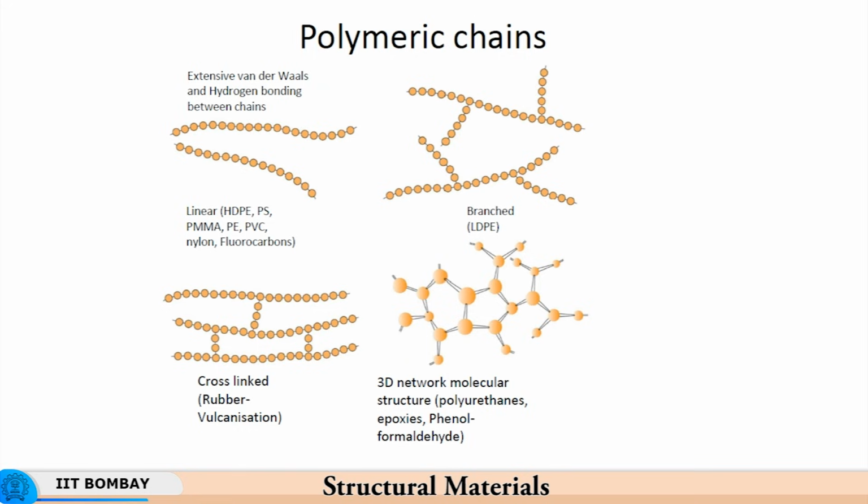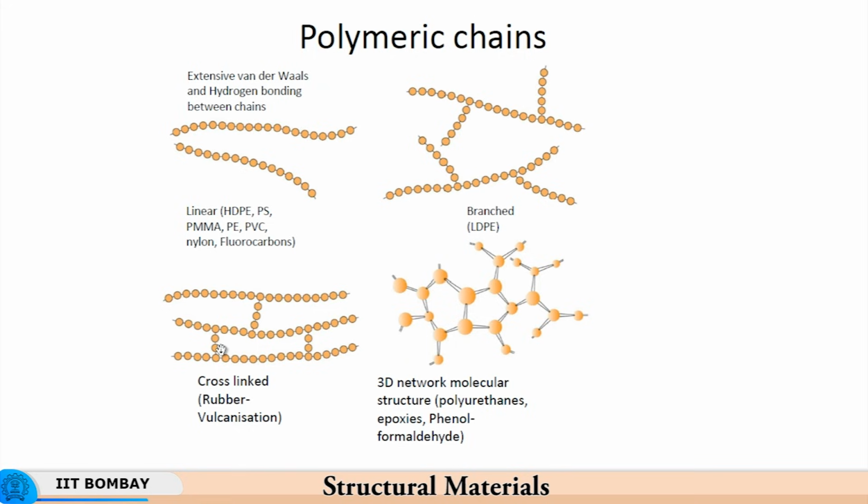That is why I compared these chains with springs, because as long as the load is present, the springs would remain compressed, but once the load is removed, the springs will come back to their original state. And that is the reason why these polymer chains behave the way they do. So you have a rubber band, you have many such things. When you stretch it, the polymer chain is getting stretched. When you release it and the load is gone, it comes back to its original shape. So that is why each polymeric chain resembles a spring.